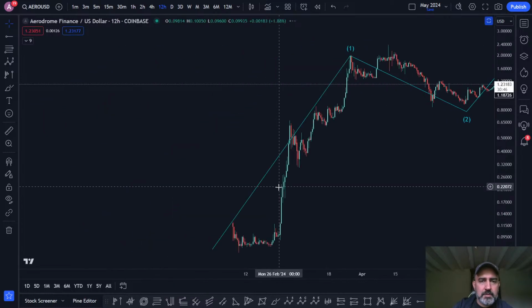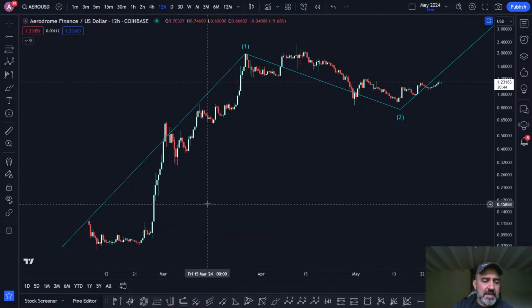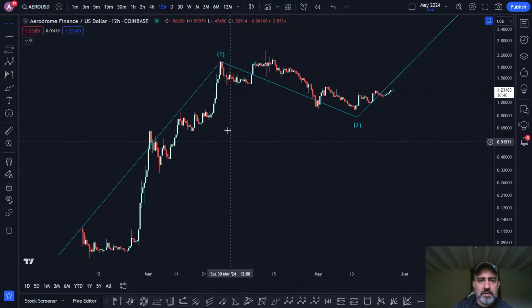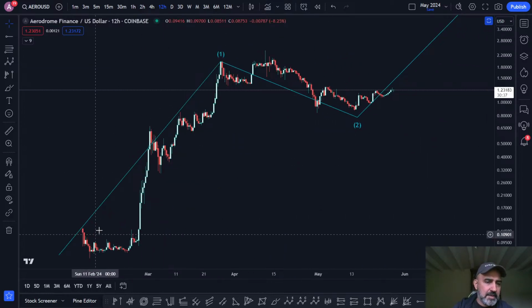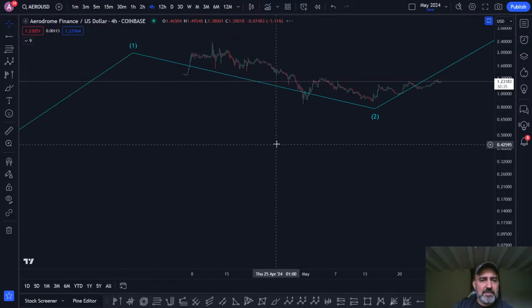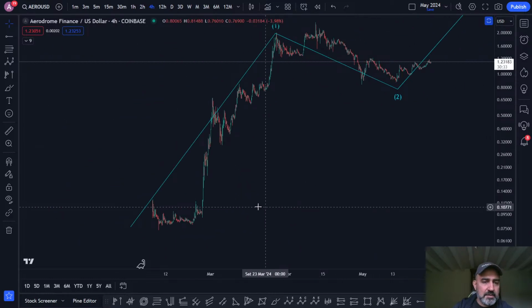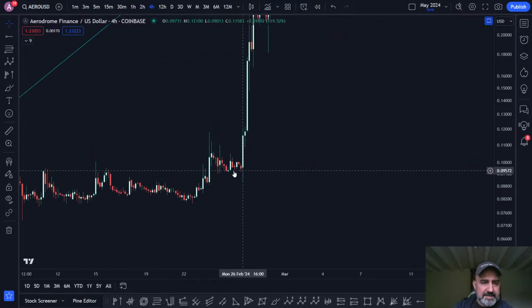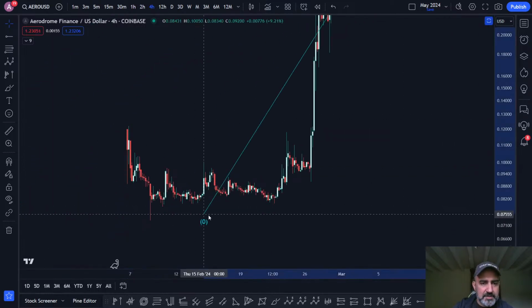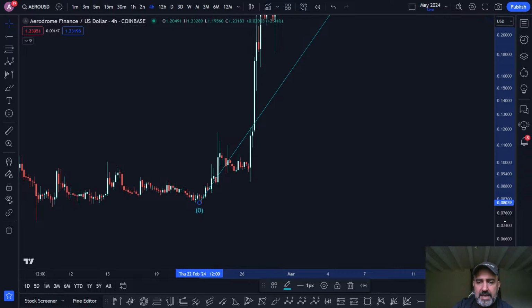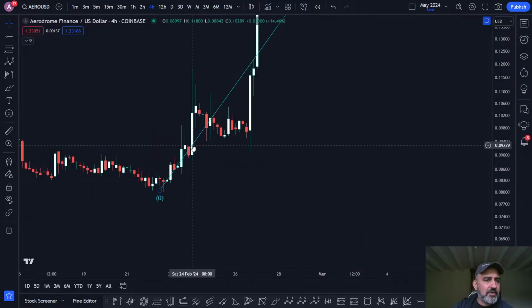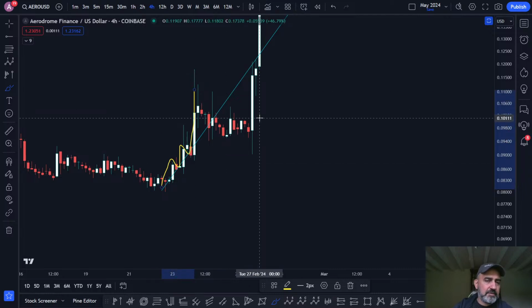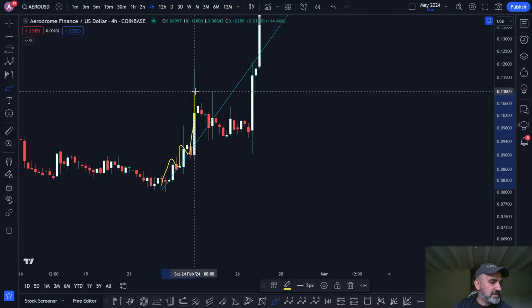You see, you had this kind of some sort of impulsive wave. It's terribly difficult to see, but there's some sort of flat. It's probably started here, actually, looking at it. Probably started here. And what you've got here is a flat correction. This is a flat correction. You've probably got here 1, 2, 3, 4, 5. Some 5 waves in that impulsive move.